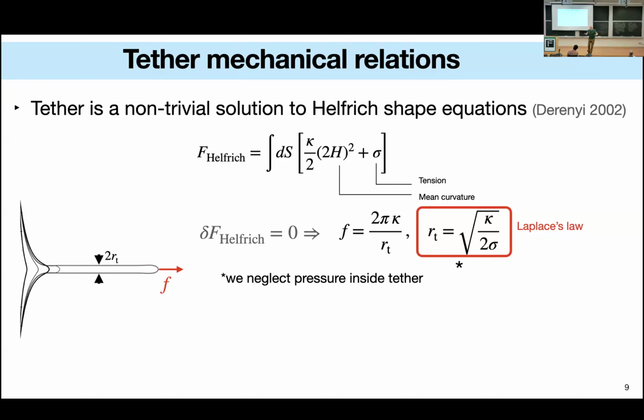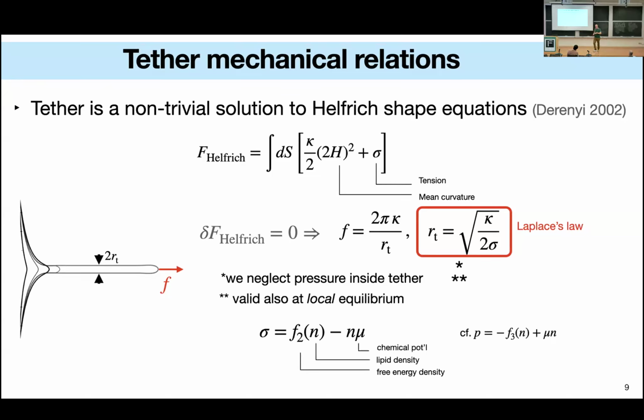You can derive this assuming everything's nice in equilibrium. It also holds at local equilibrium. What I mean by local equilibrium is we can define the tension thermodynamically, like we do with a 3D fluid as we do the pressure. You can think of the tension as the negative of a two-dimensional pressure. So this relation, if we define the tension thermodynamically, where N refers to, say, the lipid number concentration,